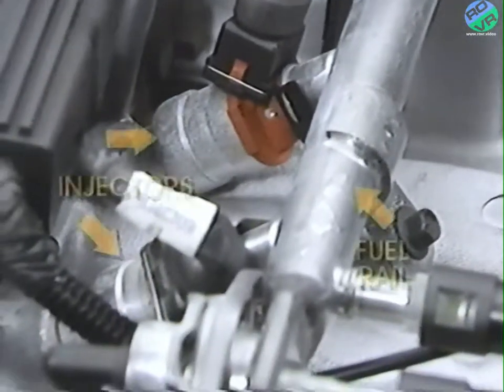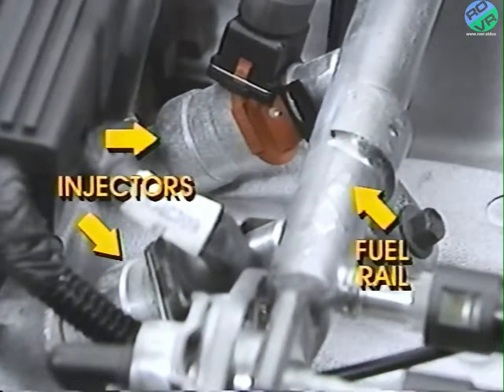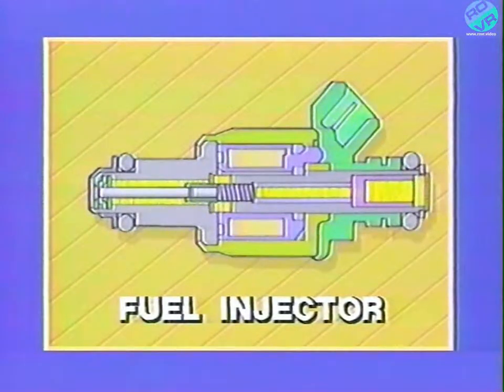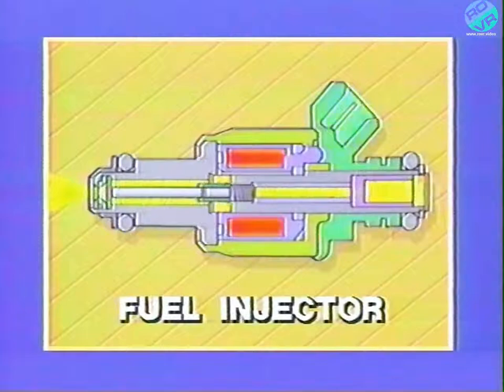Because each injector is connected to 12 volts, the injector is energized when connected to ground through the engine controller. The injector uses electromagnetism and spring pressure to open and close the fuel metering plunger. When connected to battery voltage, the coil of wire in the injector becomes an electromagnet. The magnetic field pulls the plunger off its seat against spring pressure, spraying a fine mist of fuel above the